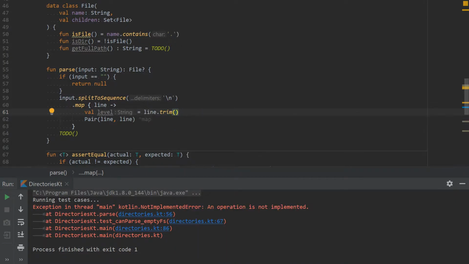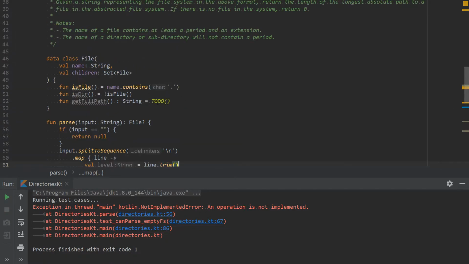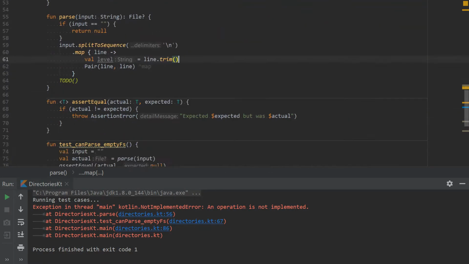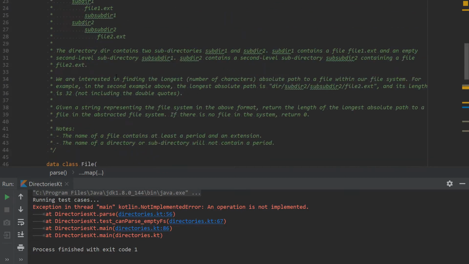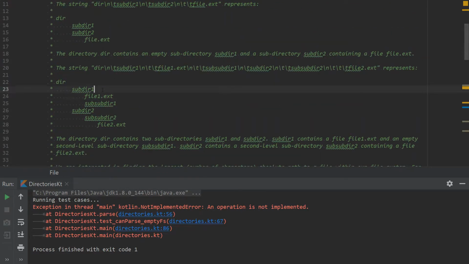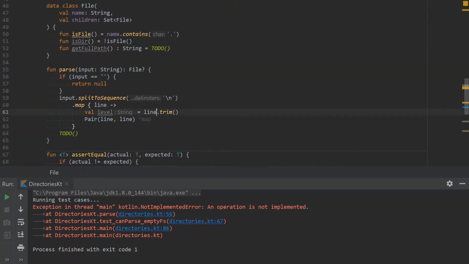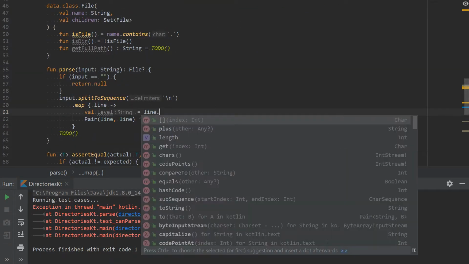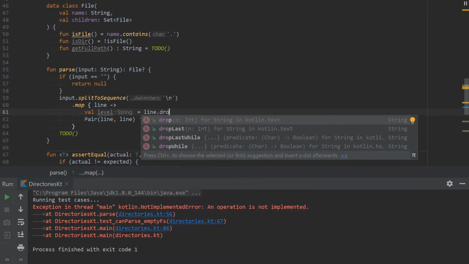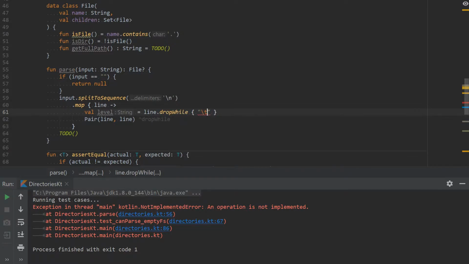I'm making a bit of an assumption that the data isn't malformed here. I don't know if that's safe to do. But if I assume that the directory names can't contain spaces, then I can do a trim. Or can I do drop prefix? Maybe I'll do this. I'll just say get rid of